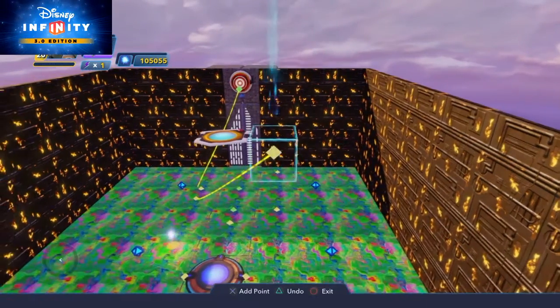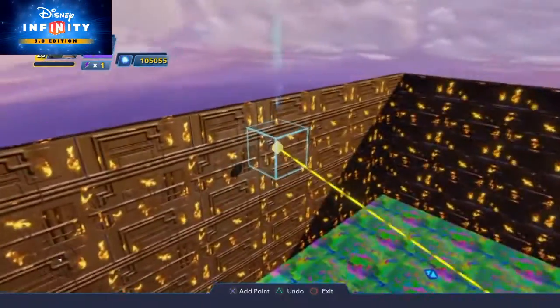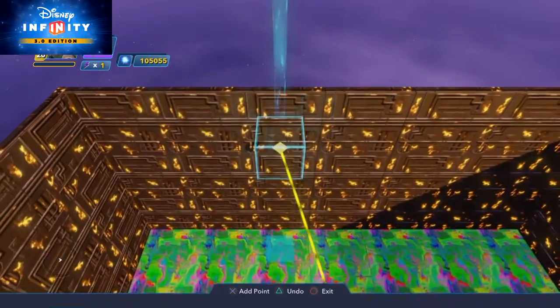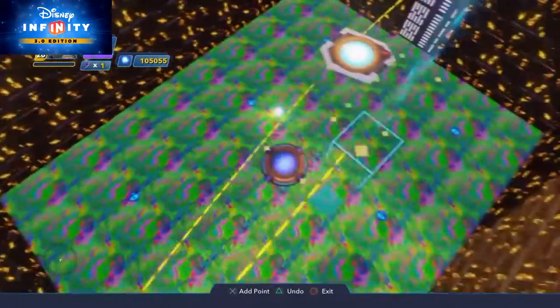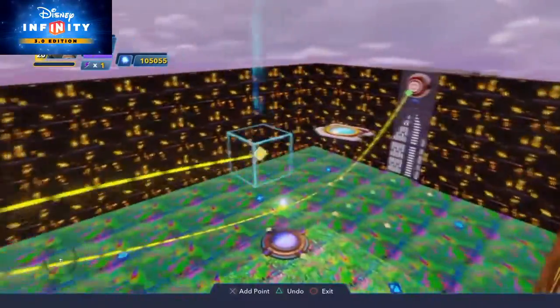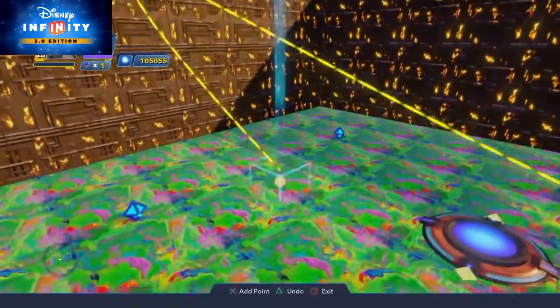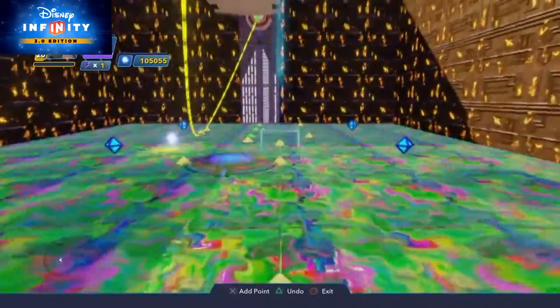So choose an area, hit the X button, move it to the next area, so it's bouncing around. So I'm going to have that bounce up and hit this wall here. Yeah, so it bounces off, hits that wall, then it comes back. So it comes across there, bounces off that wall, comes back up,